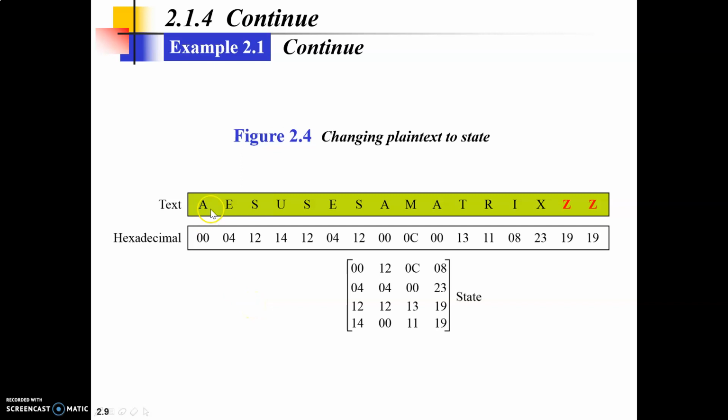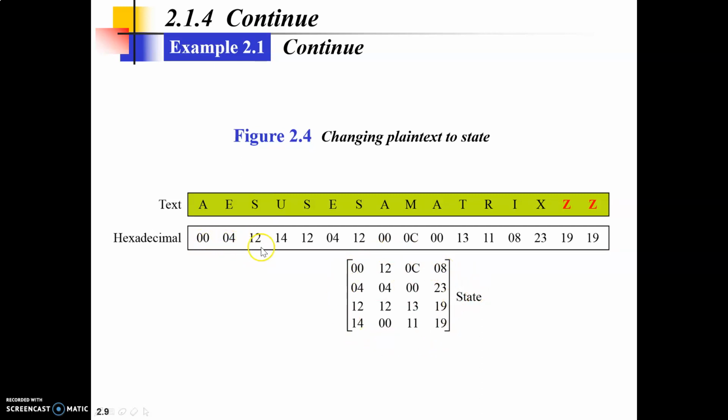For example, suppose this is the text that is given to you and you are told to convert it into state. The first thing that you will do is find the corresponding hexadecimal value of every character starting from 00. So A is 00, B is 01, C is 02, and so on up till Z. Remember that the values are going to be in hexadecimal format, and once you get the values in hexadecimal format, then you can easily arrange them in the form of a state.